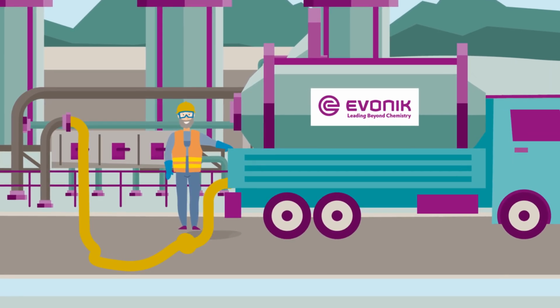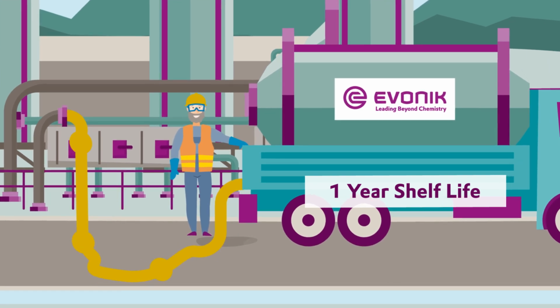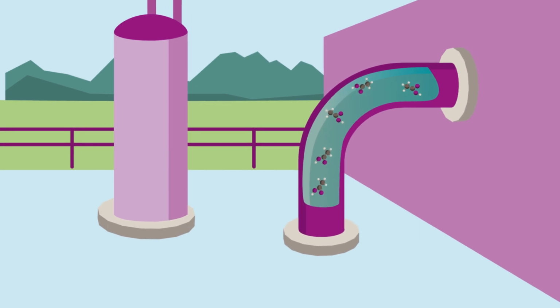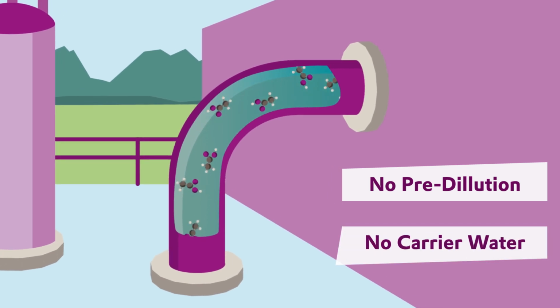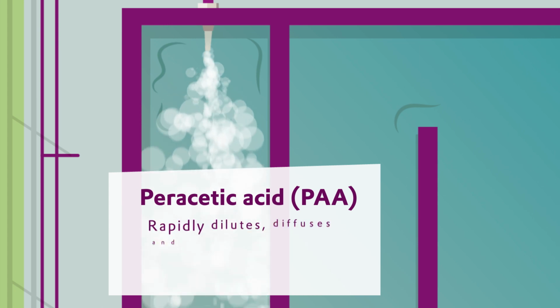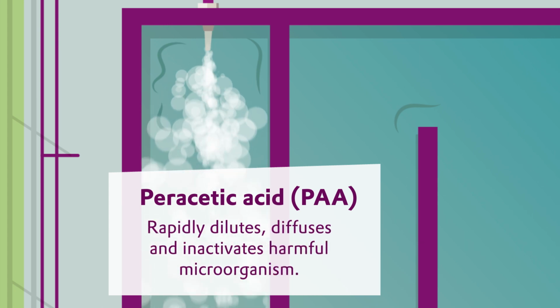VIGOROX peracetic acid's long shelf life assures that it will remain at its guaranteed assay and eliminates the need for concentration testing. The product is dosed at the head of the disinfection chamber and does not require pre-dilution or the use of carrier water. Once in the wastewater, peracetic acid rapidly dilutes, diffuses, and inactivates harmful microorganisms, such as coliform